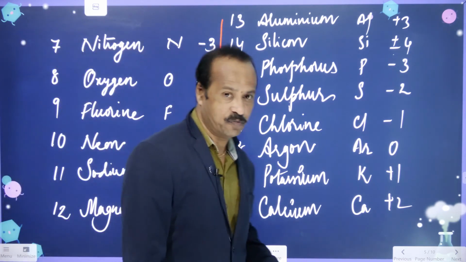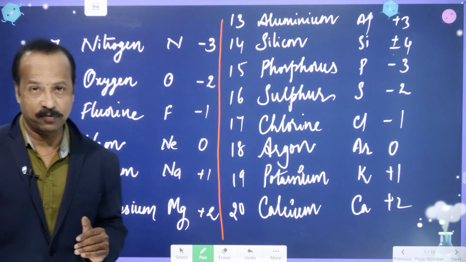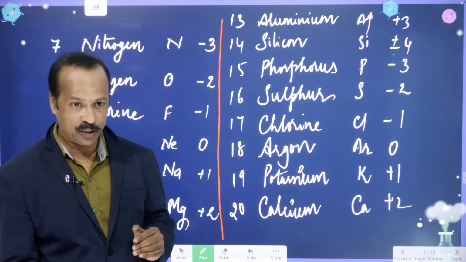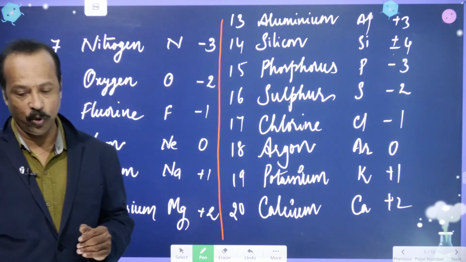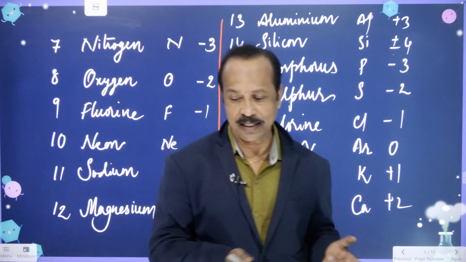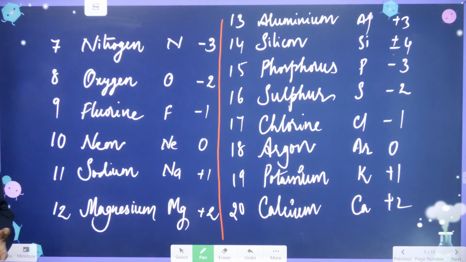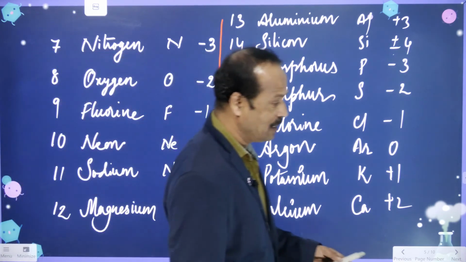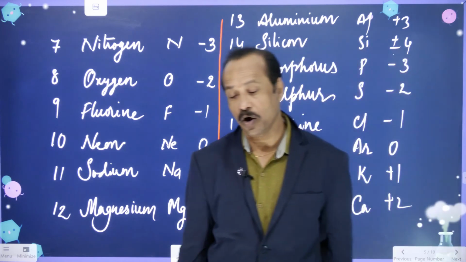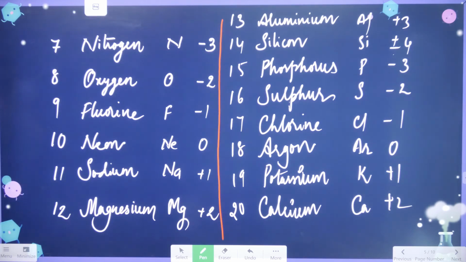First one, hydrogen is 1. Next, helium is 0. Remember that. And thereafter 1, 2, 3, 4; 3, 2, 1, 0; 1, 2, 3, 4; 3, 2, 1, 0; 1, 2. Very simple. Whenever it is increasing like 1, 2, 3, 4, that is positive. When it is decreasing like 4, 3, 2, 1, that is negative, minus. Clear to you? In that way you can remember the valences very easily, but for this you have to first know the order. Okay, you should know the order, and based on that you can remember easily.